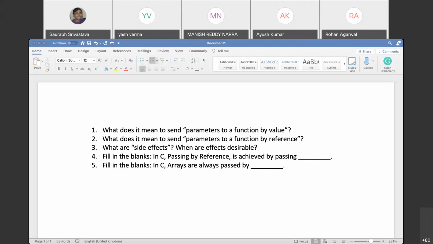There can be different ways to do that. Most probably it is a pointer only, but whatever way a particular language implements it, the idea is that you give access to the same variable that was there in the calling function to the called function. That is the idea of a reference. Here the term reference is a generic term, not specific to C++. I'm giving the reference to a variable, and then asking the called function to change things then and there only.